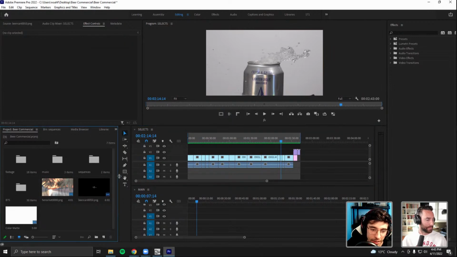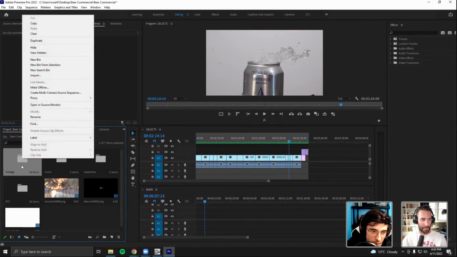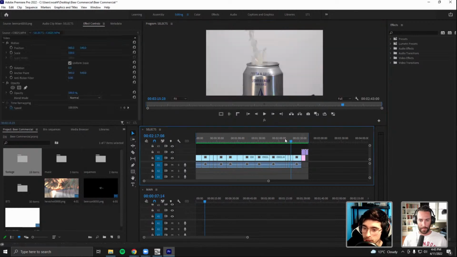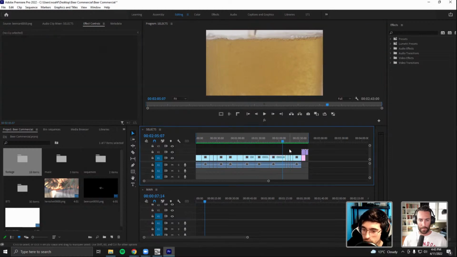For those watching who want to know how to do proxies, it's as easy as right clicking the folder with all your footage, going up to proxy, and then create proxies. When you click that, it'll launch Adobe Media Encoder automatically, and then it'll render out each clip within that folder at a lower resolution so that you can play it back in Premiere and it'll be nice and smooth. And there's this little button right here, toggle proxies. You can turn the proxies on and off once you've rendered them out. So you can just flip that switch.